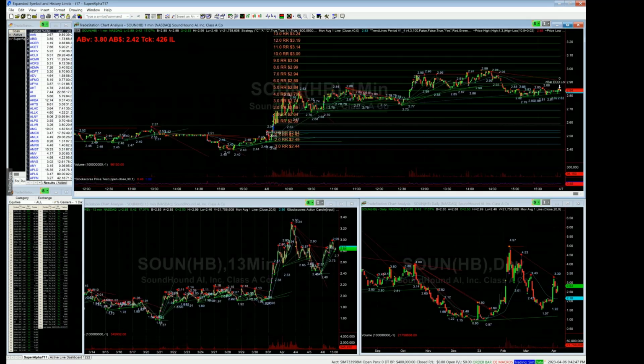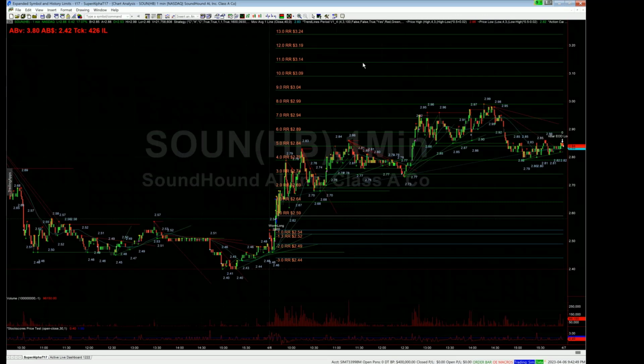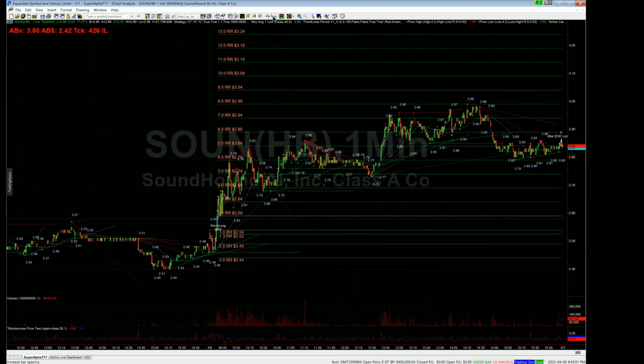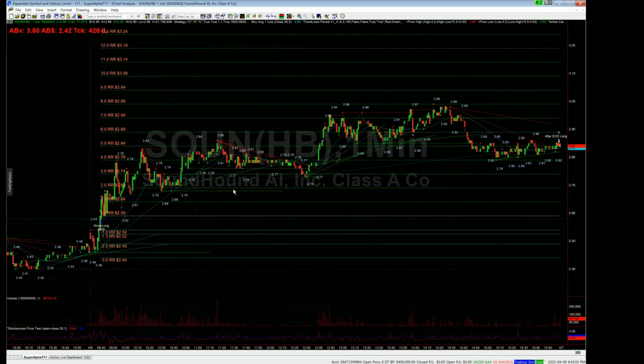Okay, so this is one of the stocks that we day traded today. You can see there's all these lines on here that are drawn by the computer. These lines that I have here are drawn based on something that I programmed into this software. It doesn't come with that. There's also some little dots. It's a little bit hard to see because I've got them too small, but there's a yellow dot there. There's a pink dot. Those dots have meaning.